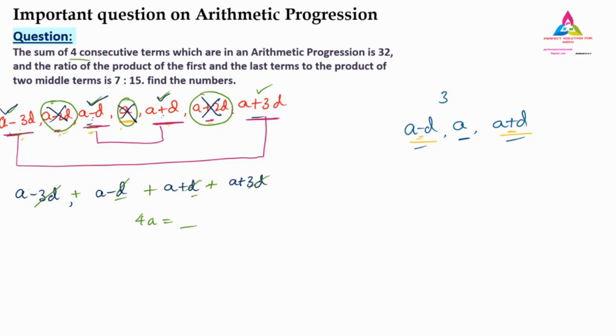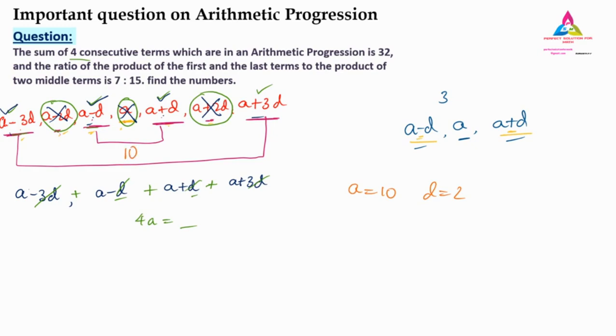Sir, if it is like this way, we have neglected a minus 2d. So then we are getting a wrong answer or what? So for example, I will take one example. The a value I will take as 10, and the d value I am taking as 2. I will write down the a value, 10.